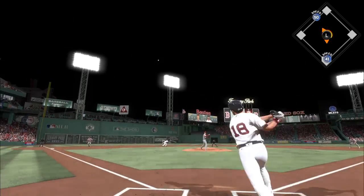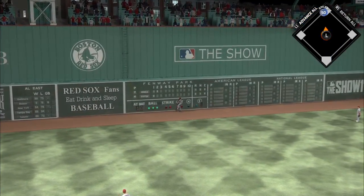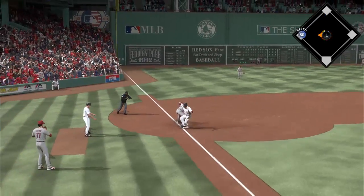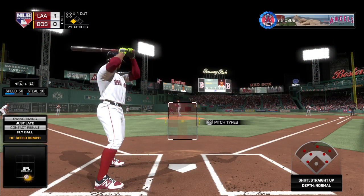Here's the pitch. There's a swing, and he sends a ball high in the air into left field. Upton ranging back. He gets there to put it away, but the runner tags and breaks for third. And a daring move there pays off as he'll make it into third on the fly ball to left. The shortstop,